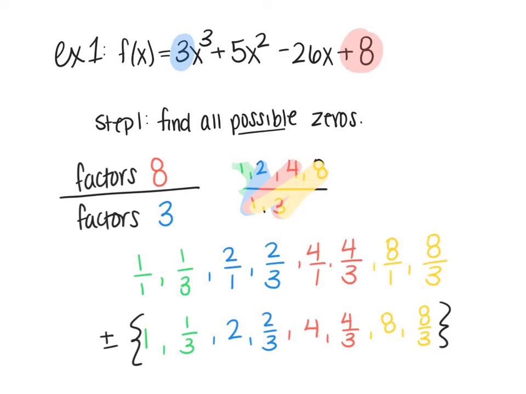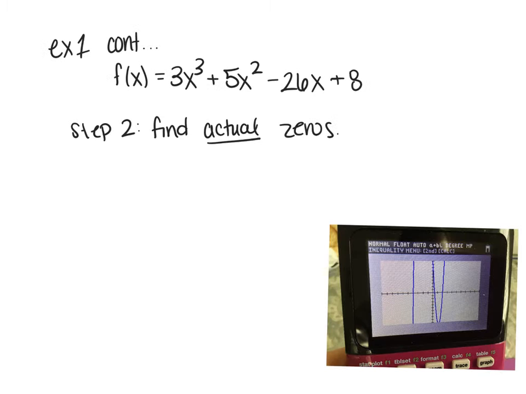So right now I would pause the video, type this function into your calculator, and then we're going to talk in the next part about how you find the actual zeros. So type this into your calculator. So in the second example,